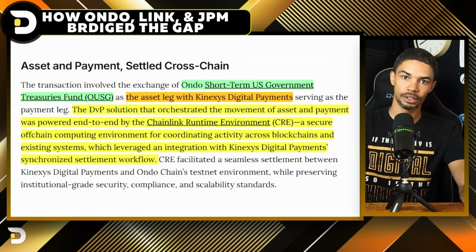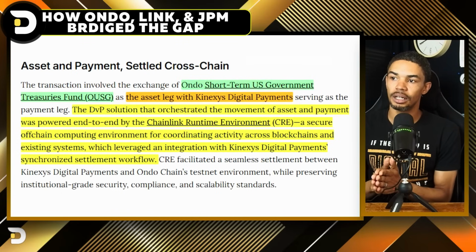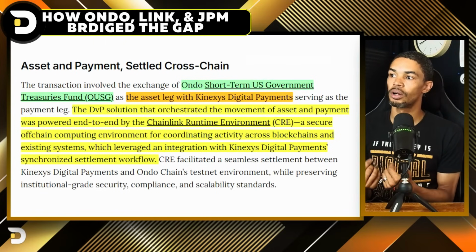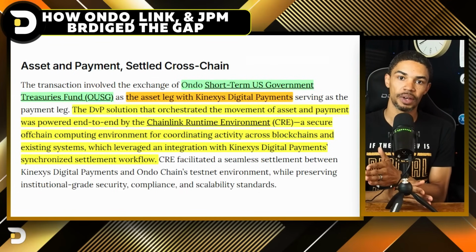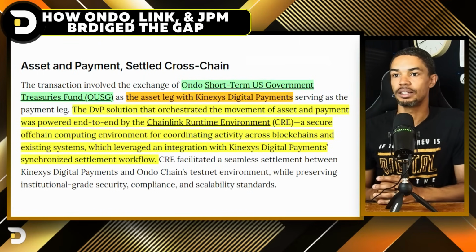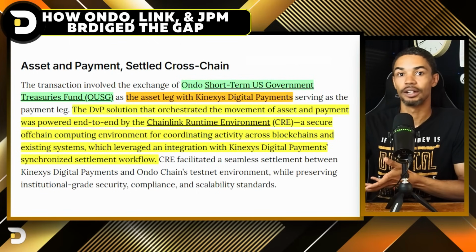Now, getting deeper into the transaction itself, here's a description of exactly how this works. This information is very key because it gives us an idea of the positioning for each entity, JP Morgan, Link, and ONDO. Now, the transaction involved the exchange of ONDO's short-term U.S. government treasury funds, or OSUSG. If you want to look up the data for that, go to rwa.xyz. Now, as the asset leg with Connexus Digital Payments serving as the payment leg. So other descriptions will describe them as basically the deposit account that kicked off this entire transaction,